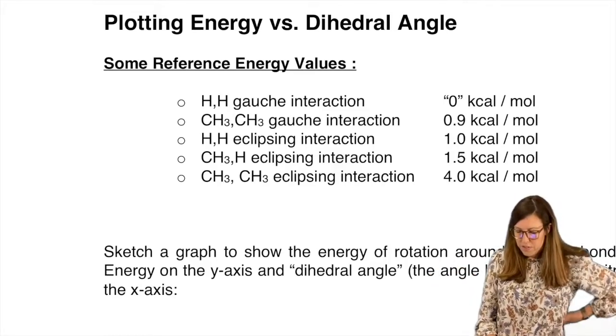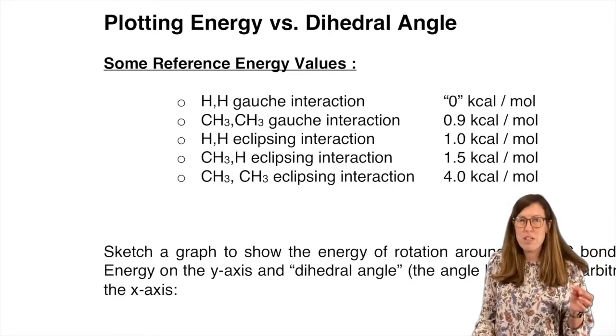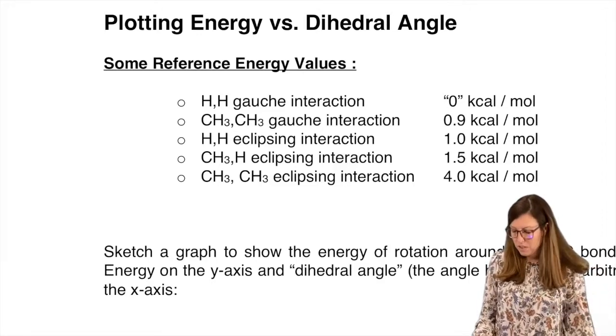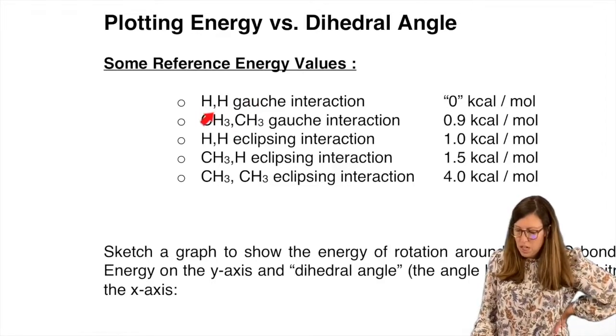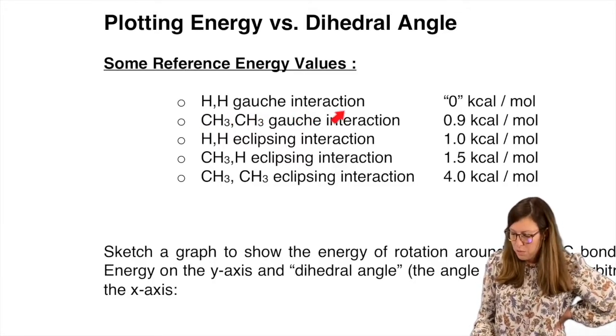But we need some energy values to do this. So we're going to do this with ethane, then we'll take it up a notch by doing it with butane. Good practice would be doing hexane or pentane, even something else, okay? So some values we need before we make plots. We need numbers. So here's some numbers we'll use.